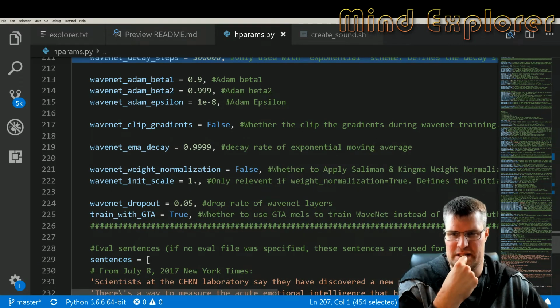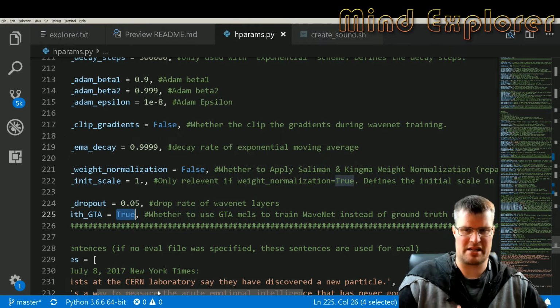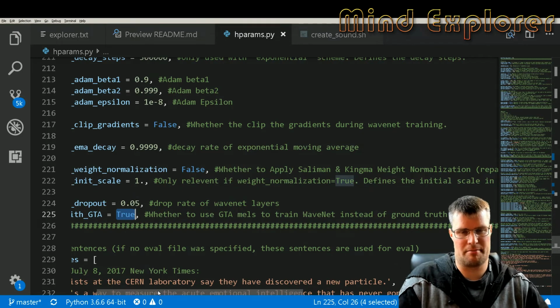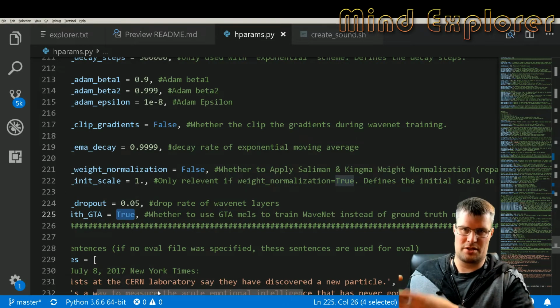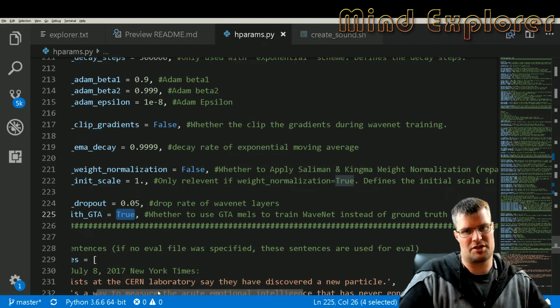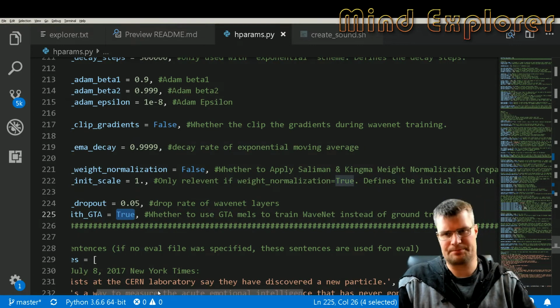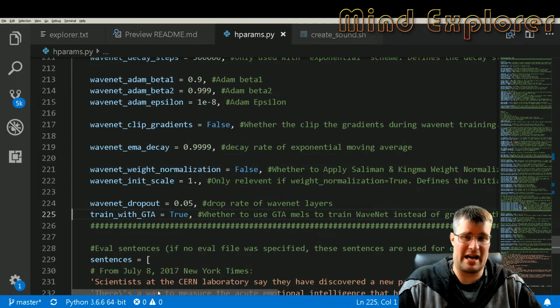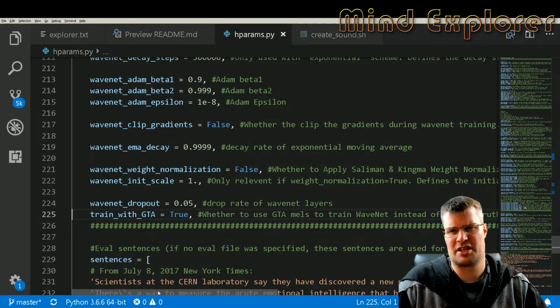And train with GTA. This is something that creates GTA mels from the ground truth activations from one of the modules, the Tacotron model, so you can turn them over to your Wavelet module. So if you turn this on, you have a connection between those. But as I said before, I didn't really get my Wavelet to train correctly and actually get a better sounding result afterwards. I still need to tweak these variables a bit and